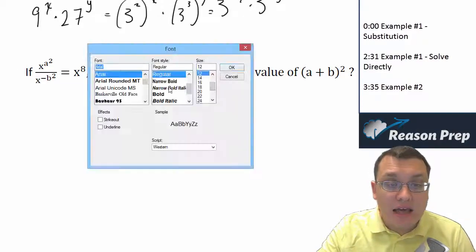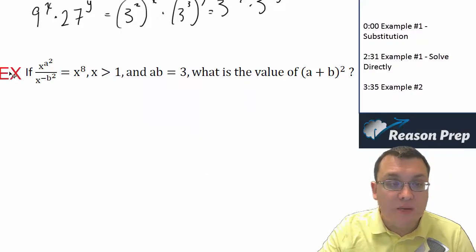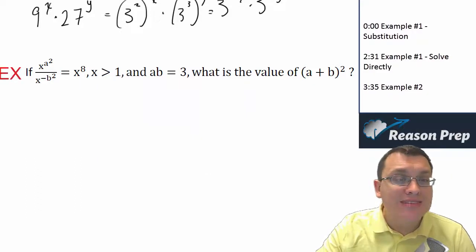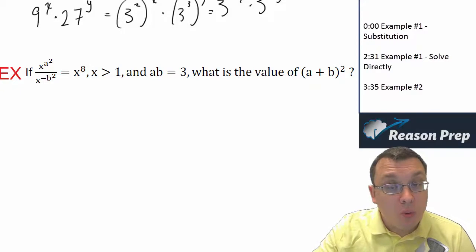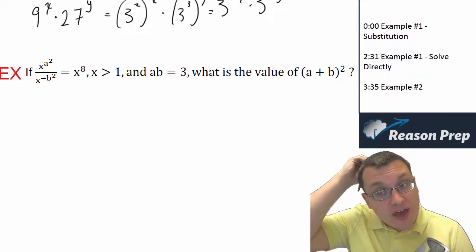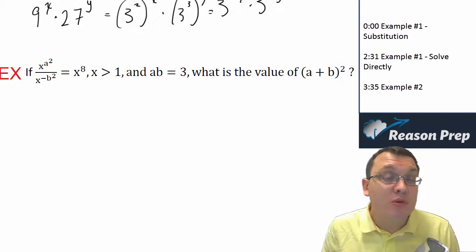So we have, I'm just going to mark this as an example: if x to the a squared over x to the negative b squared equals x to the 8, x is greater than 1, and ab is 3. What is the value of a plus b squared? So it looks pretty complicated at first, but it's not that bad once we break it down and see what's